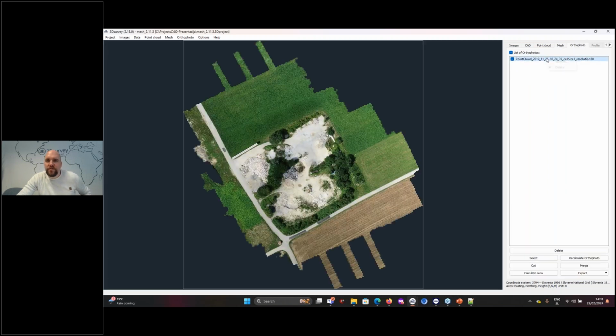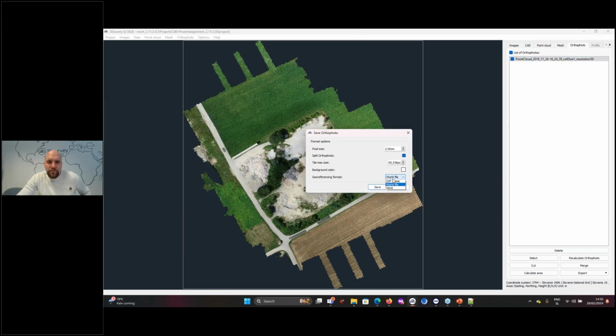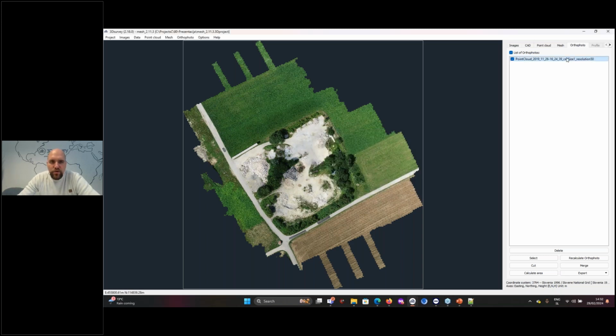And of course, if we save an orthophoto, we have various georeferencing options. Usually we use a WorldFile. We also have the option to write DXF frames. For TIFF files, we can write georeferencing information into GeoTIFF data, so that when you import this data into GIS or CAD software, it comes in at the right location. So now we looked at the basic photogrammetry part, which is the creation of the 3 most basic data types.